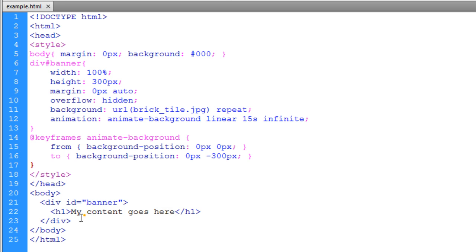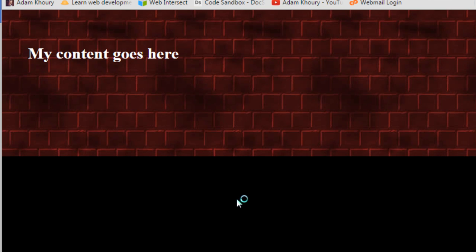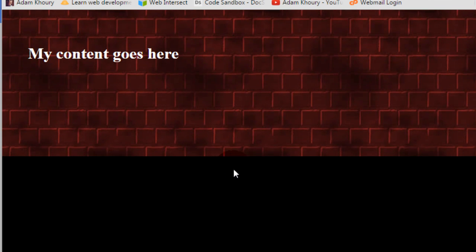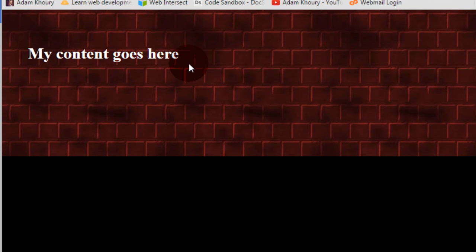And then I'll put a little CSS rule targeting this H1 element that's inside my banner. So div, banner, target, child, H1 element inside. And I'll give it a color of white and padding of 50 pixels. And let's see what that gives us. So you see, now we have a brick wall moving up or any direction that we want it to move. And then we have content sitting right above it